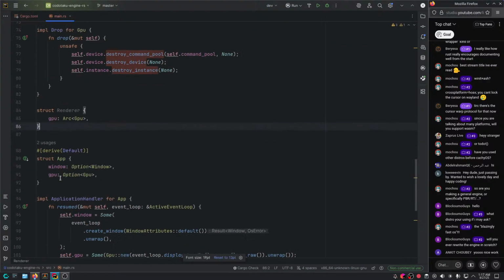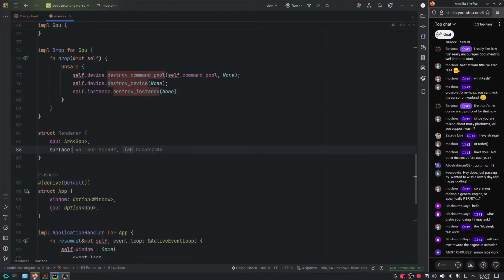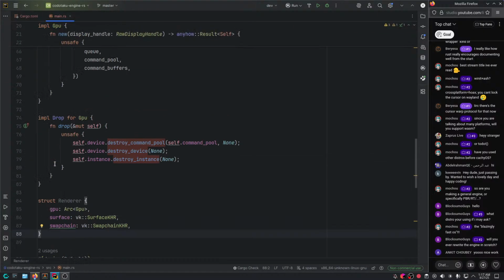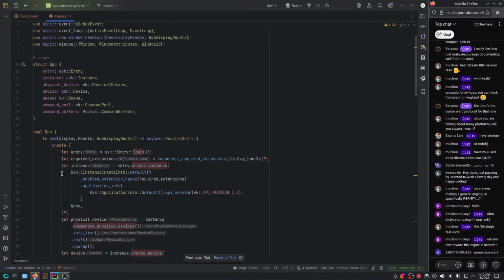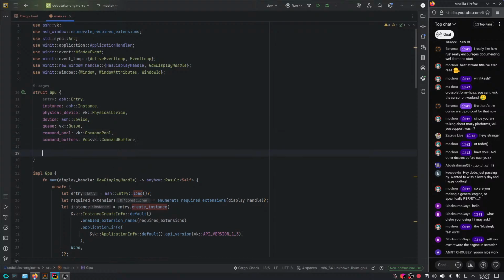Now the renderer, let's see what we're gonna do here. Well, we're gonna need a surface, of course. So vk::SurfaceKHR, we're gonna need a swapchain. And yeah, I just remembered we probably need to also load the extensions we need.